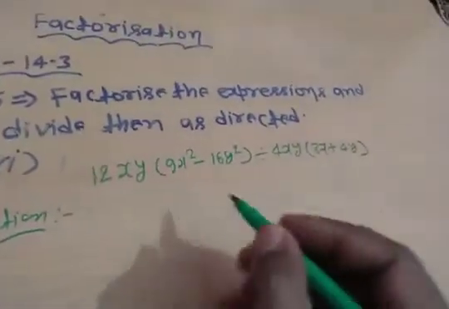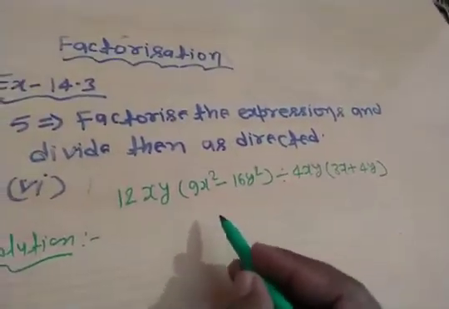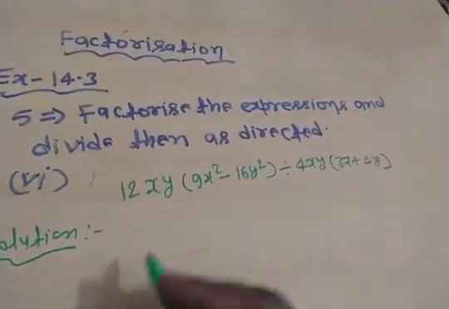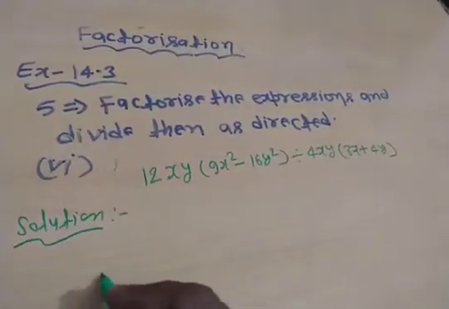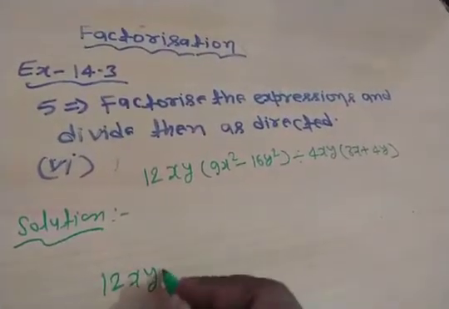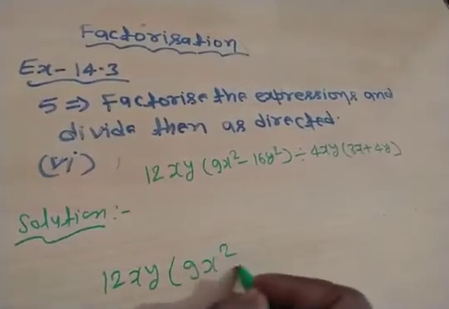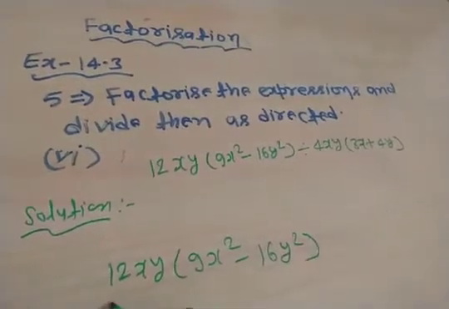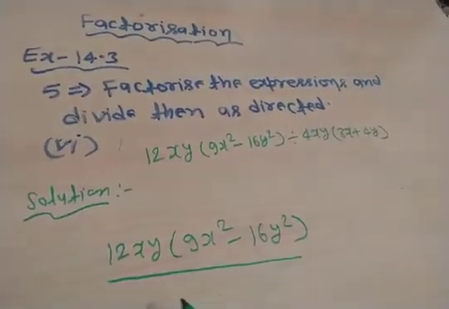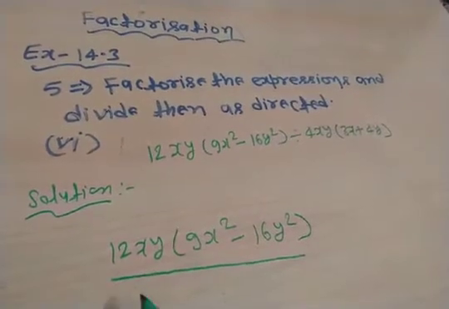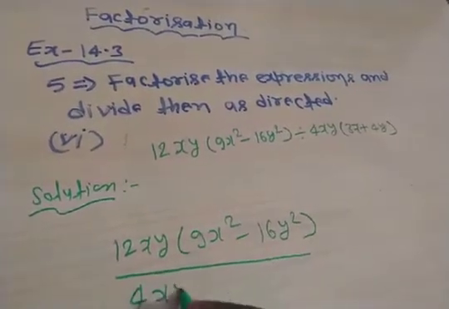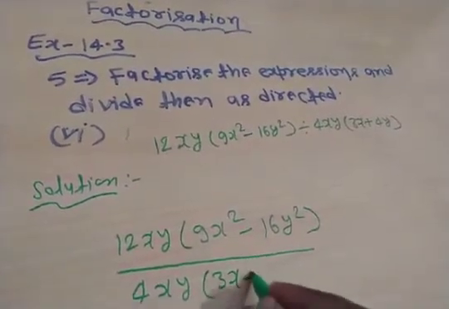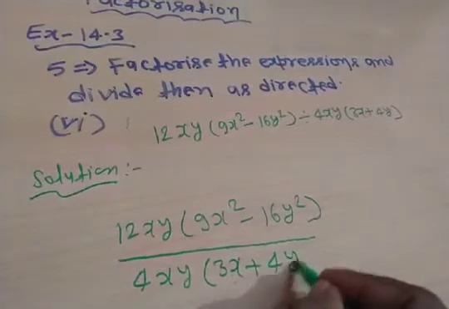Student, here is given the 6th part of question number 5. So first we write 12xy(9x square minus 16y square). You can write it like this, divided by 4xy(3x plus 4y). Okay,